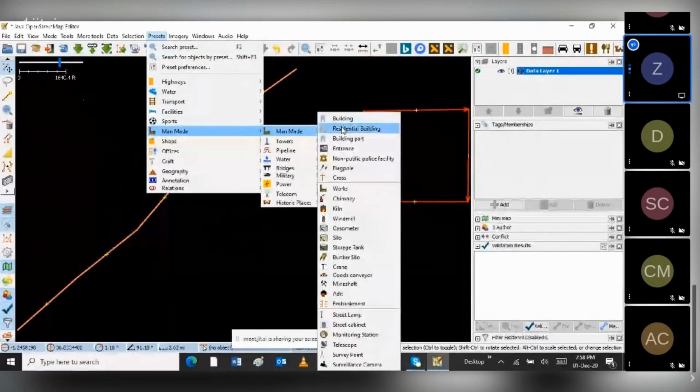If it's a residential building, you can tag it as a residential building. It's just a building part. You can also do that. So there are different tags for features that fall under the category of man-made. So things that have been built or constructed. In this case, I'll just choose building,